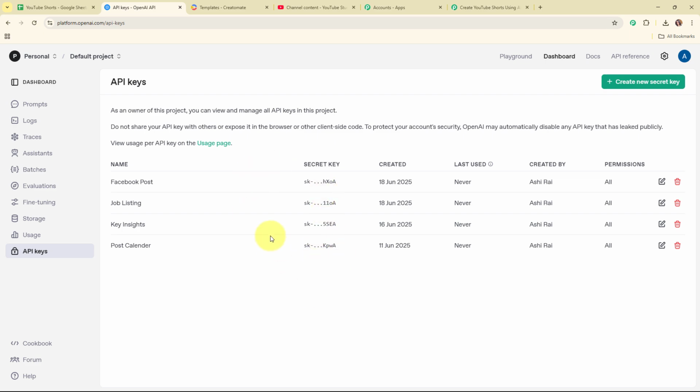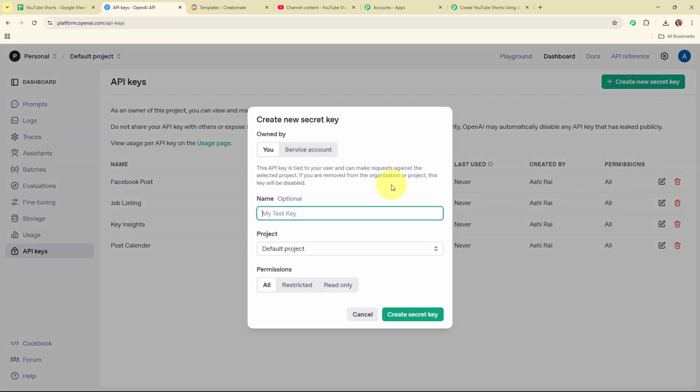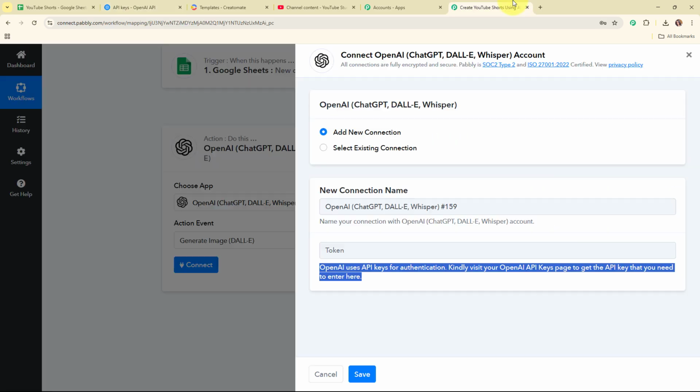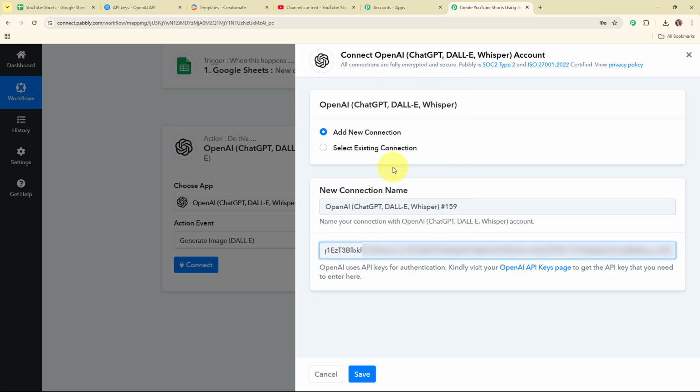So I'm going to generate a new key by clicking on create new secret key, and here I'm going to give the name as image. And then I'm going to select my project as default project, and then create the secret key. So this is the API key generated. I'm going to copy it, move back to Pabbly's workflow, and paste the API token. After entering the token I'm going to click on save,